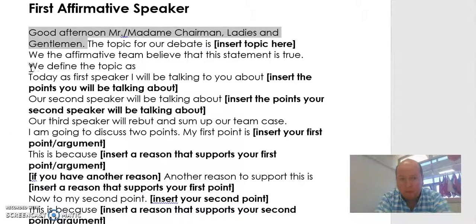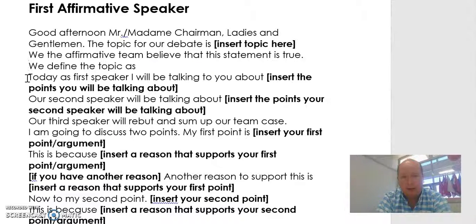Next, you can see, and we talked about this quickly the other day, the need to define the topic. The affirmative team defines the topic. The negative team might have a different definition, and that's okay, or it might be the same, but the definition of the topic is something that needs to be done. So what do you understand in relation to the words in the topic, the definitions? How are you interpreting it?